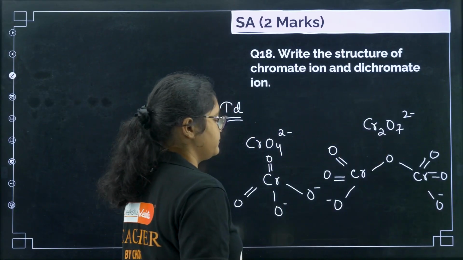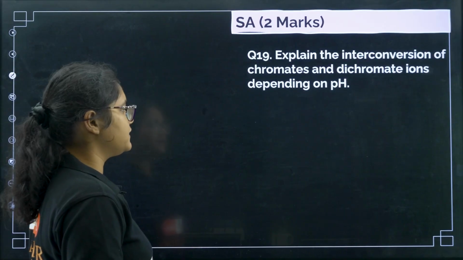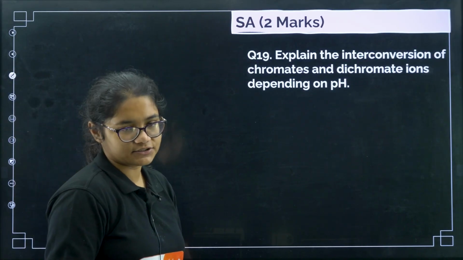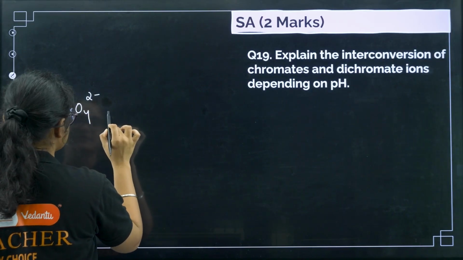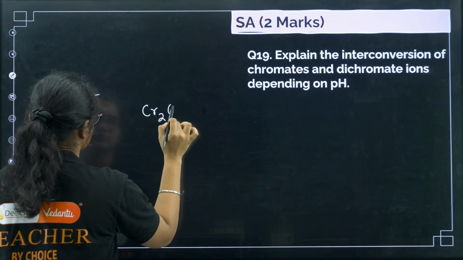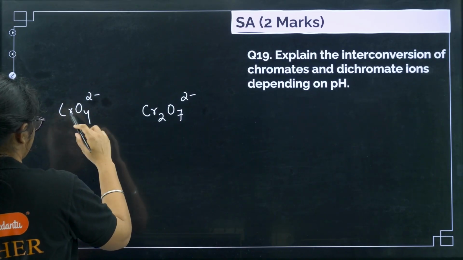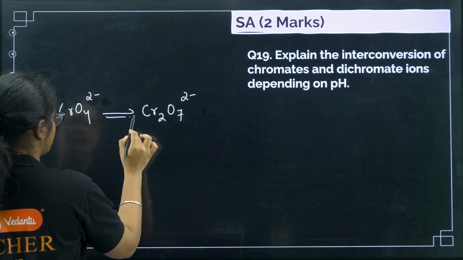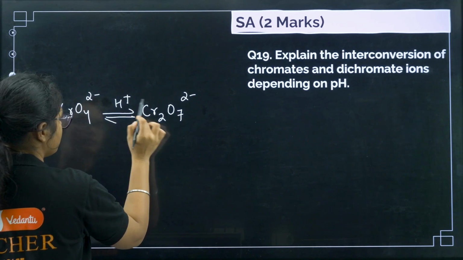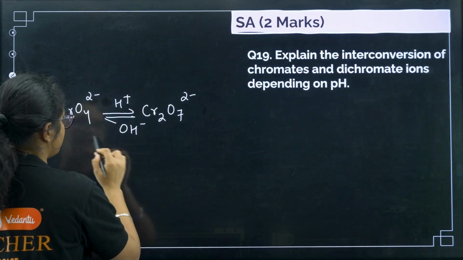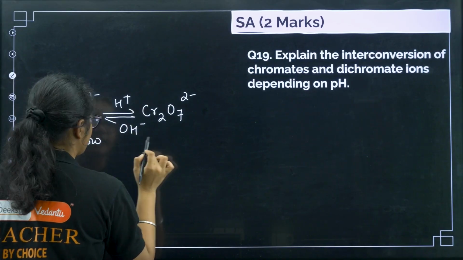Okay. Next question, explain the interconversion of chromate and dichromate ions depending on pH. Okay, so I'll be showing the answer, but I can tell you CrO4 2- and Cr2O7 2-, right? So if you take chromate and put acid on that, you get dichromate, and from here to here, if it becomes basic, you will get chromate. Chromate is yellow in color, okay, and dichromate is orange